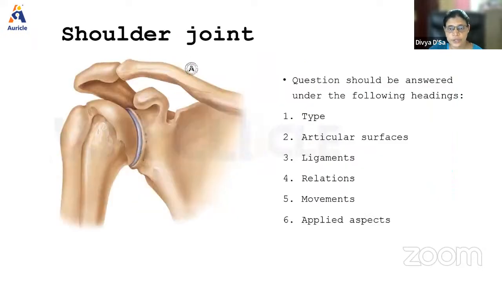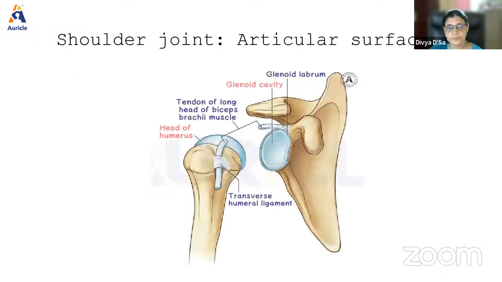Whenever any joint is asked, you have to follow the standard set of headings under which you need to explain. So the type, the articular surfaces, the ligaments which provide support to the joint, and in certain joints like in shoulder, we also need to know about its relations, then the movements and the muscles producing the movements, and applied aspects. So shoulder joint, it's a ball and socket type of synovial joint. Here the articular surfaces are the glenoid cavity of the scapula and the head of the humerus. This forms the socket and this forms the